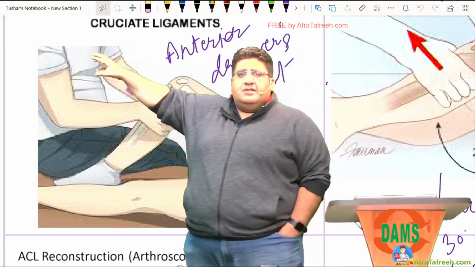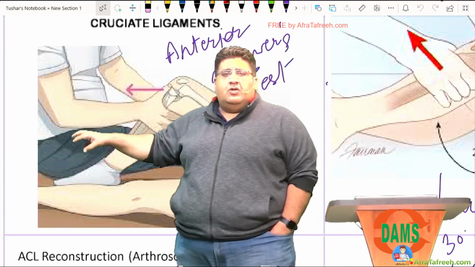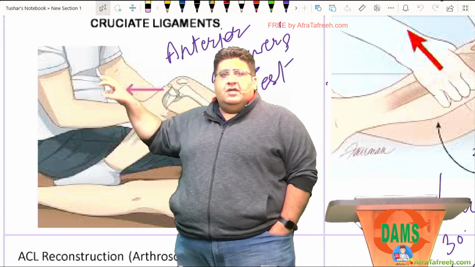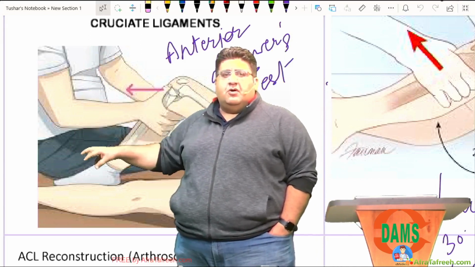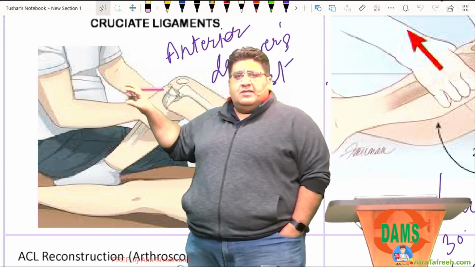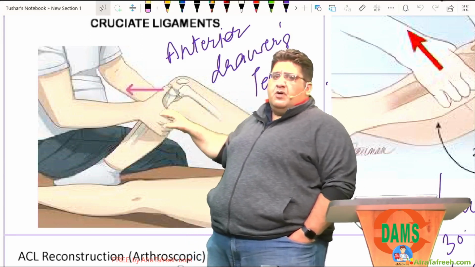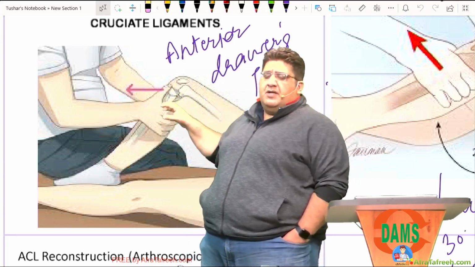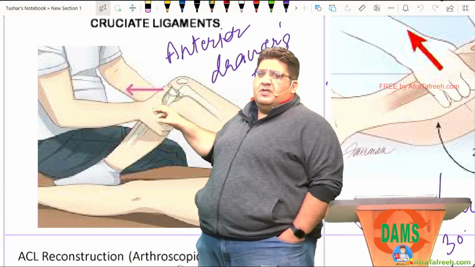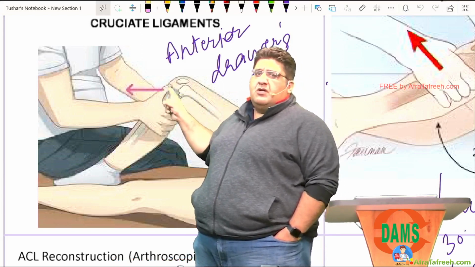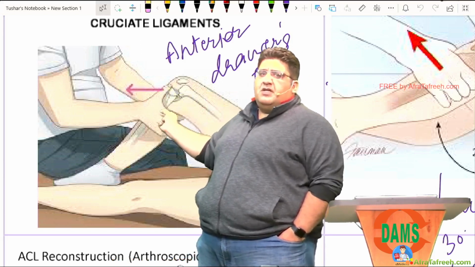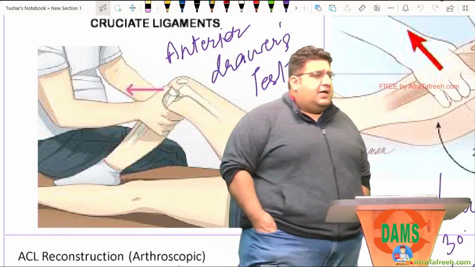Now, the examiner is sitting on the dorsum of the foot. Yes. The examiner is holding the proximal tibia in such a way that two thumbs are on the tibial tuberosity while the fingers are embracing the posterior part of the proximal leg.